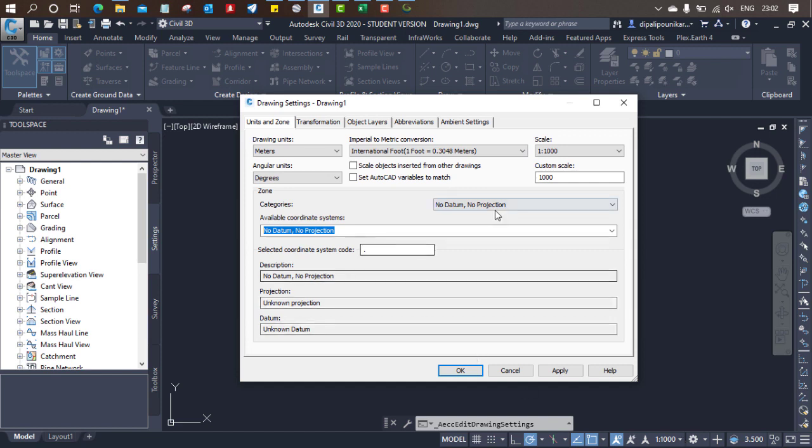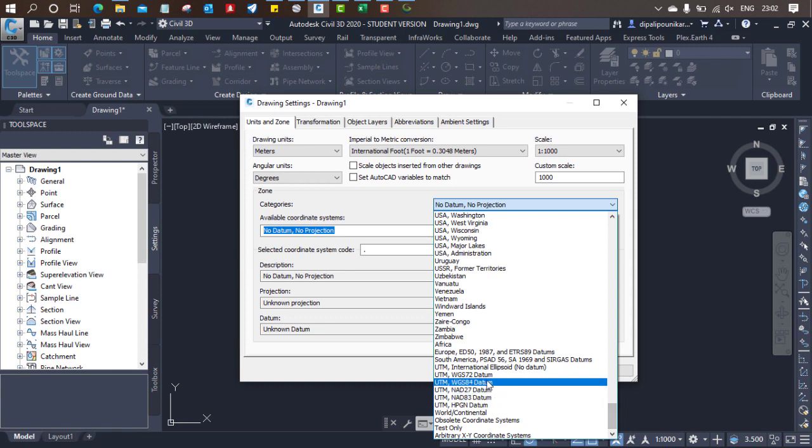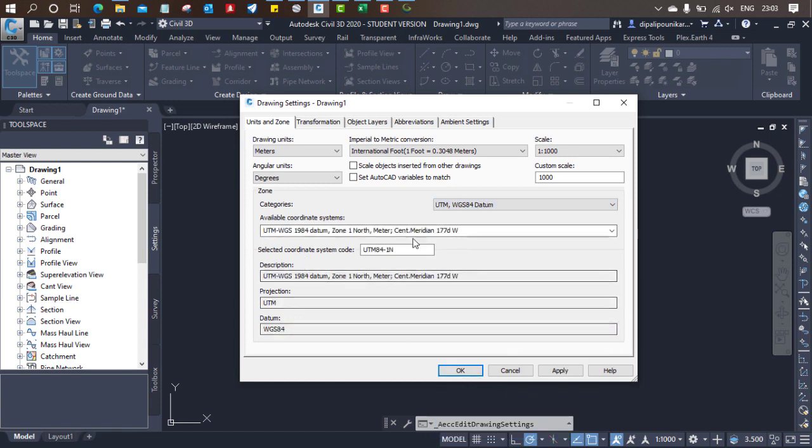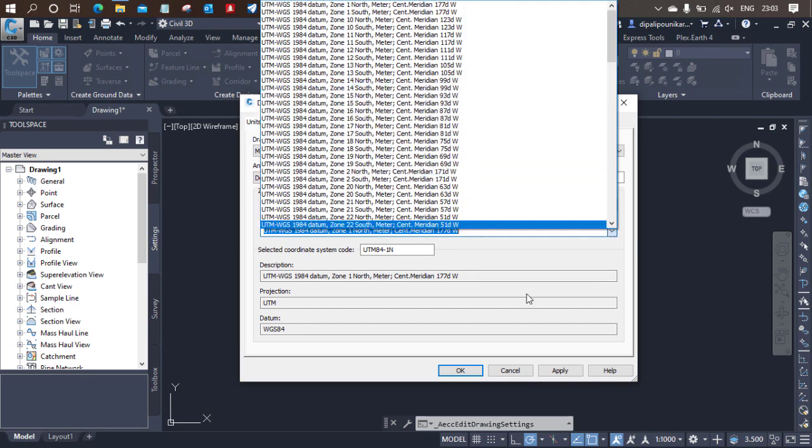After that, first of all, you need to put the datum. We are in India, so we can put India over here, or you can choose WGS 84 datum, you can check that one also. Here I am going to select the WGS 84 datum because that is what we considered in my Global Mapper. After that, just go over here and select the zone 44 North, what we have selected.